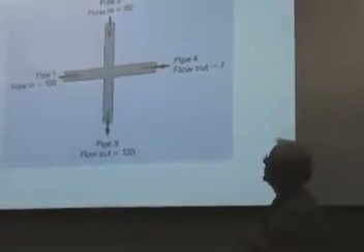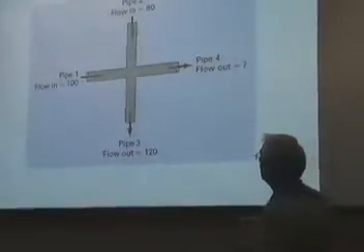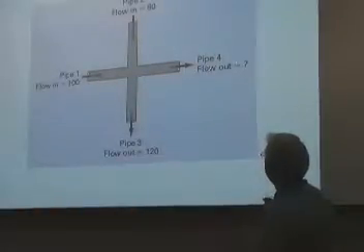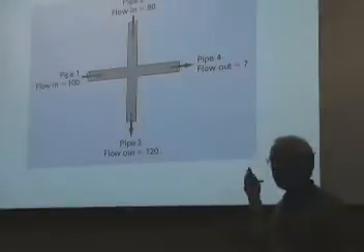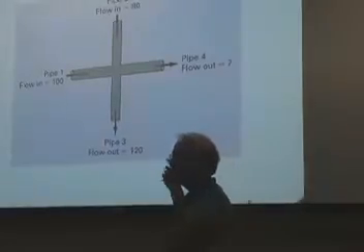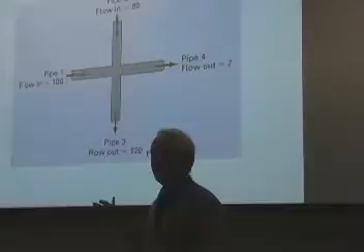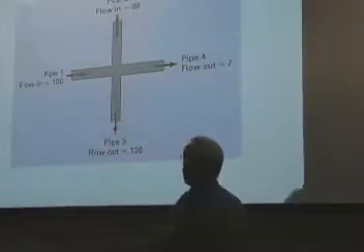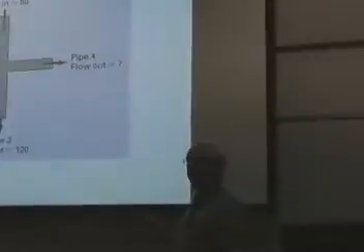Okay, another problem. You've got flow going into this member, pipe 1 here, pipe 2 here. You've got flow coming out here, you've got flow coming out here, but gee, I don't know what it is that's coming out. What's the fundamental relation that I would use to calculate the flow out? What goes in? Mass balance, or yeah, conservation of mass. Right, whatever flows in, got to balance with what flows out.